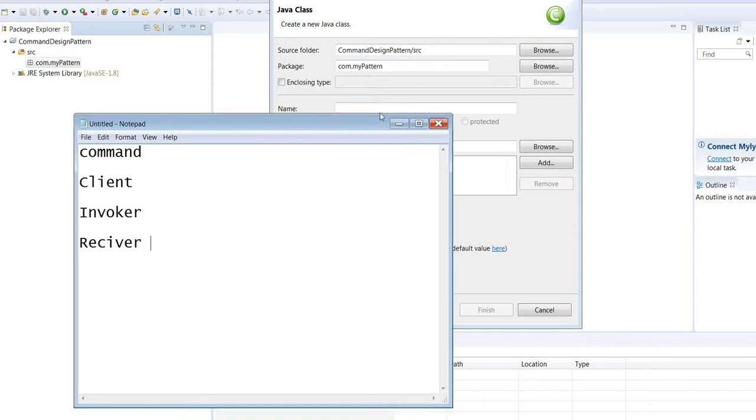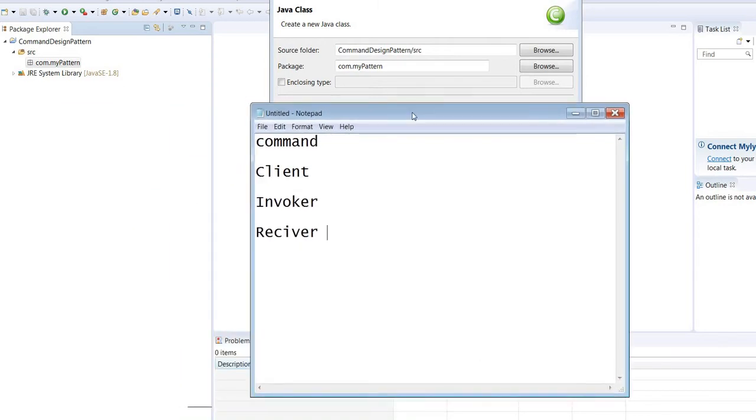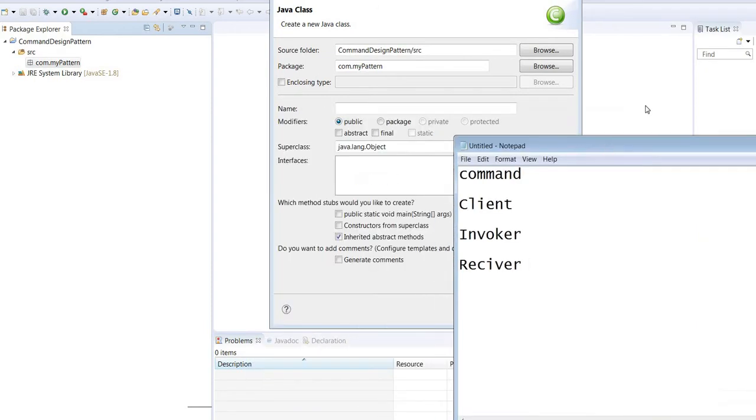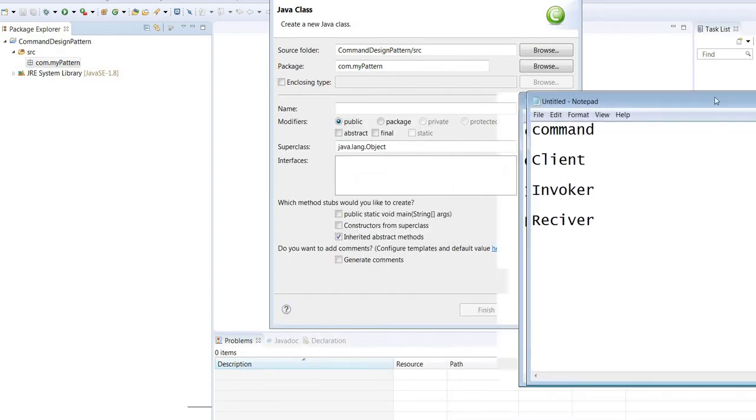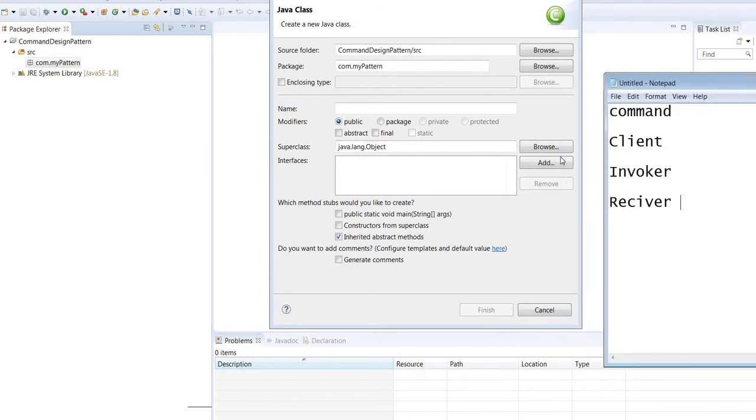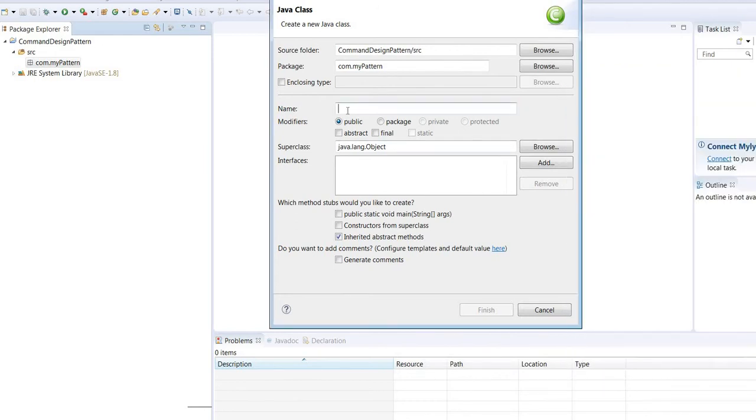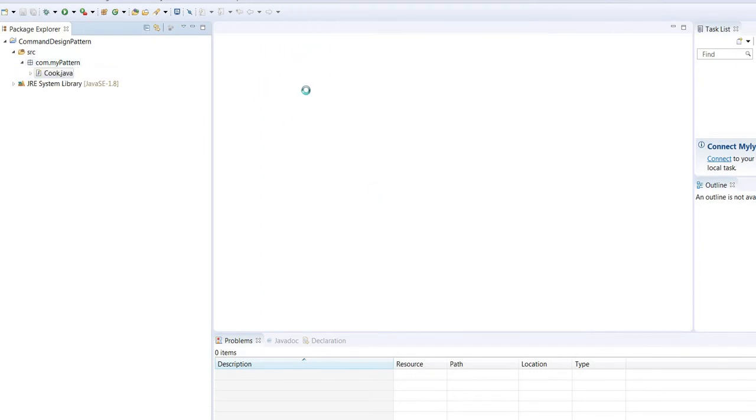So as we discussed and saw in the previous session, in the command design pattern we have four important objects: command, client, invoker, and receiver. So let's create those objects. First I'm creating the receiver object. If you remember, it is cook. So here is the cook class,